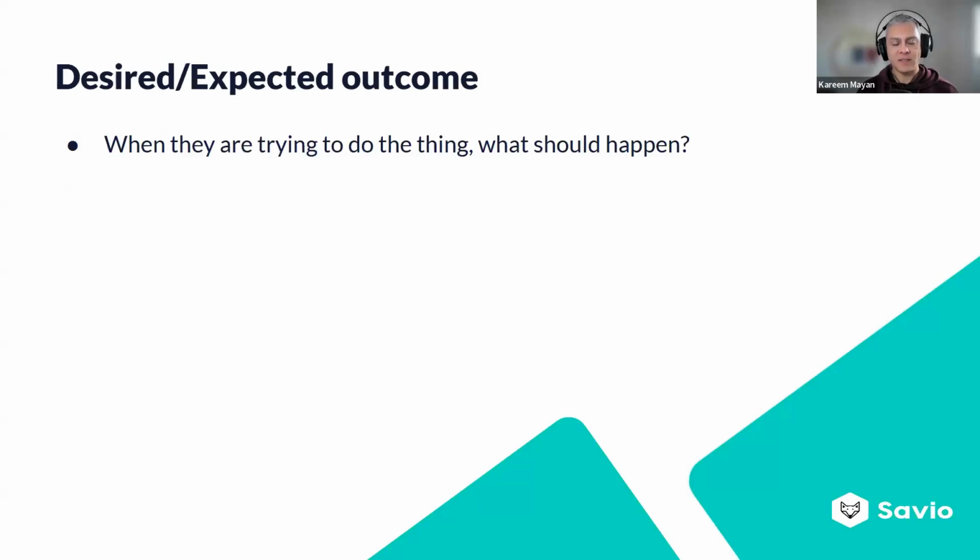The next one obviously is what is the user expecting to do, or what are they trying to do? What should happen? And so the blue button case, blue button's not useful. The expected outcome is, I expect to be able to distinguish between buttons and click the right button, submit a form, take some revenue generating action in your system. So it's ideal to understand from the customer's perspective what it is that they're trying to do.